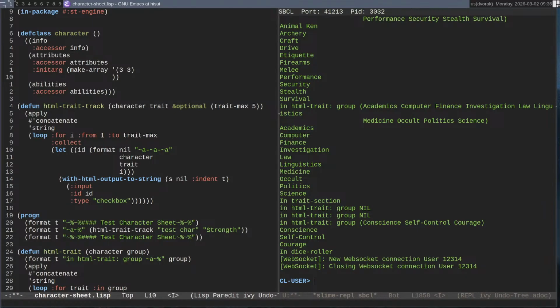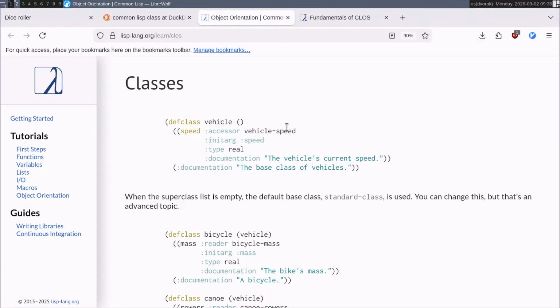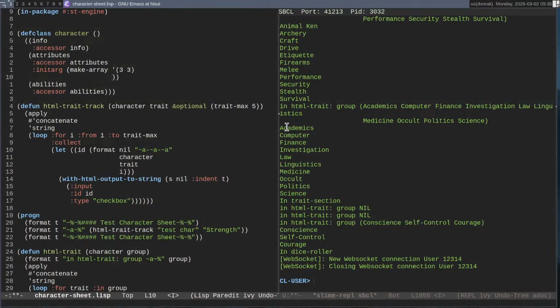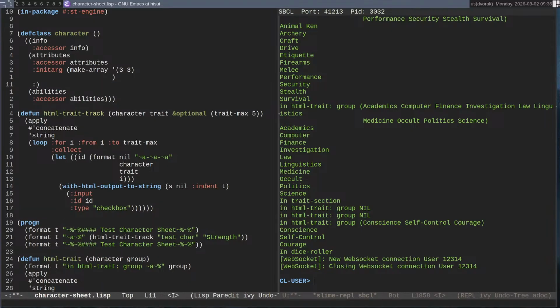I then want initarg. I think I'm going to put all my traits in the one thing. I don't need type. I'm not going to worry about documentation, right? Maybe I will do documentation. Array of traits.